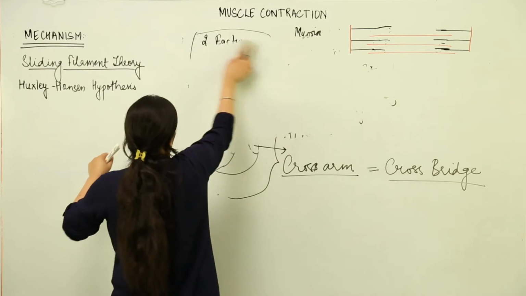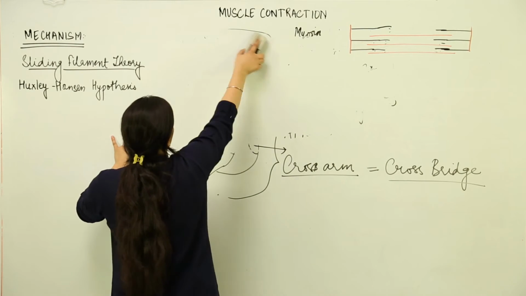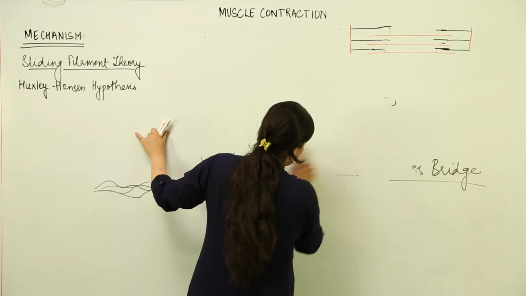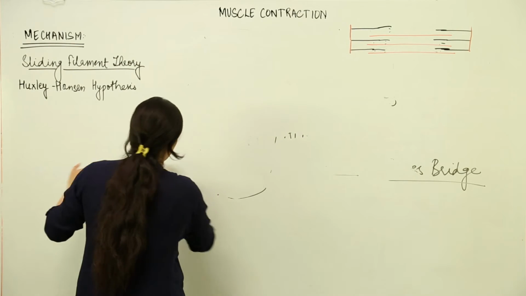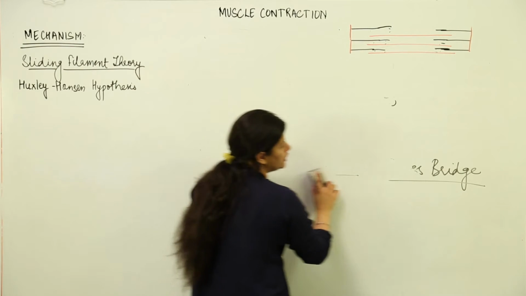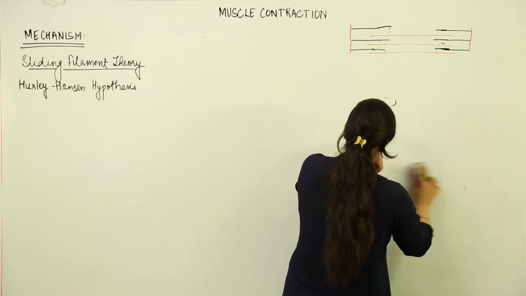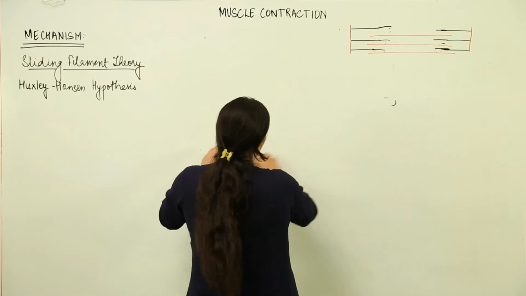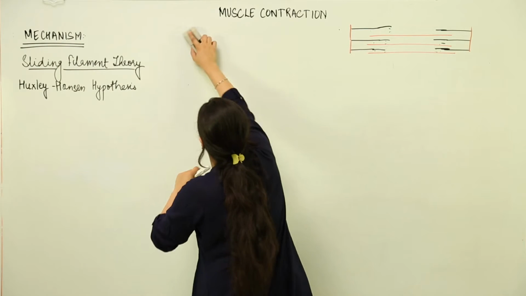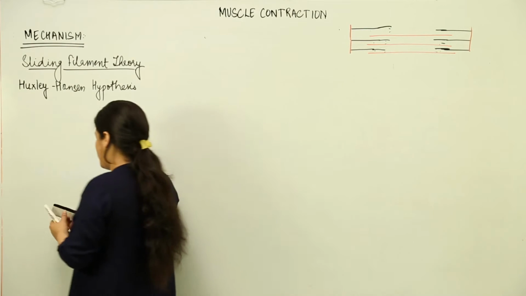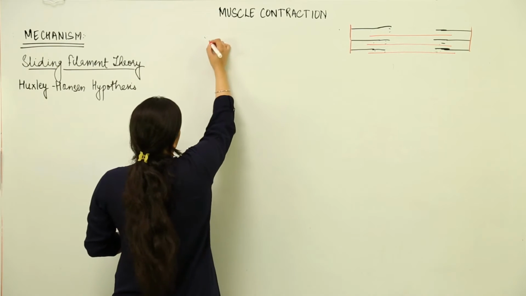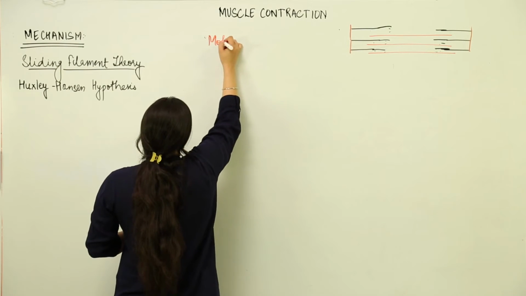First of all, I told you that there is the contraction that is brought about voluntarily. Voluntarily means it would be neurogenic contraction. When I say the term neurogenic, I mean to say that the contraction that would be brought about, the signal would come from neurons. So first thing we have to deal with is motor unit.